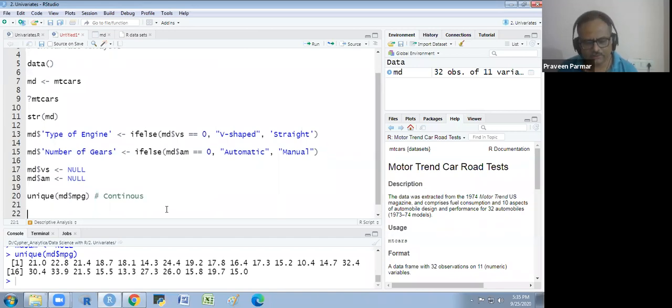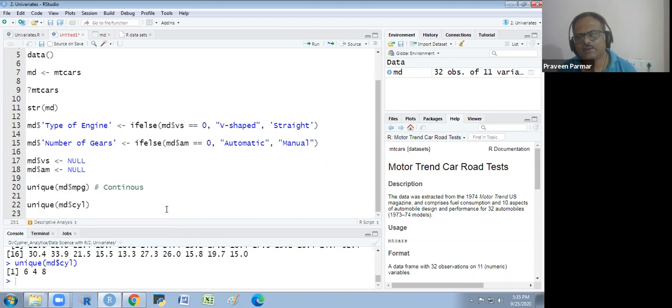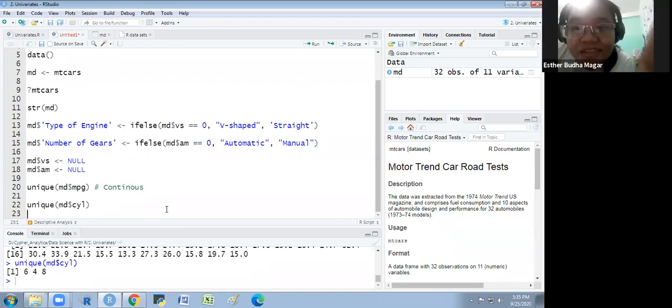Now I see another variable, AMD dollar cylinder. Is this continuous or discrete? Discrete, sir. Correct, right.